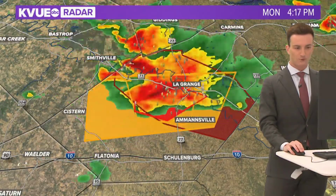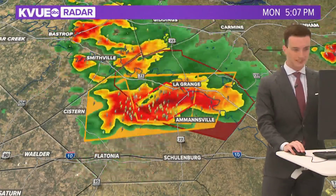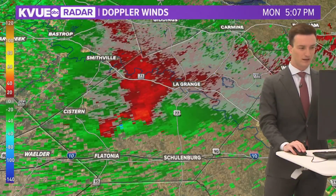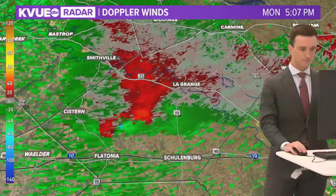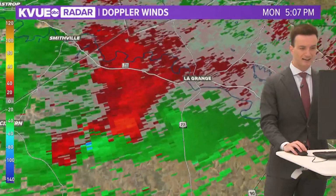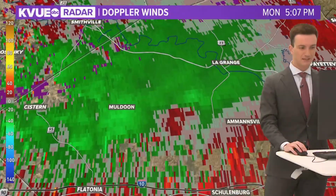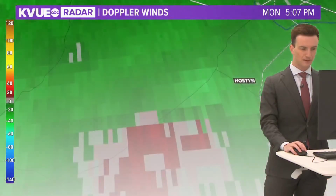This new warning, by the way, is going to take us until 6 p.m. But the biggest concern right now is the tornado warning, which goes until 5:15. So let's get back in with our radar. Essentially two areas of spin now, but the one that has caused the tornado warning. And this continues to broaden out. So again, this is not leaping off the screen at me telling me confirmed tornado, but this area right here